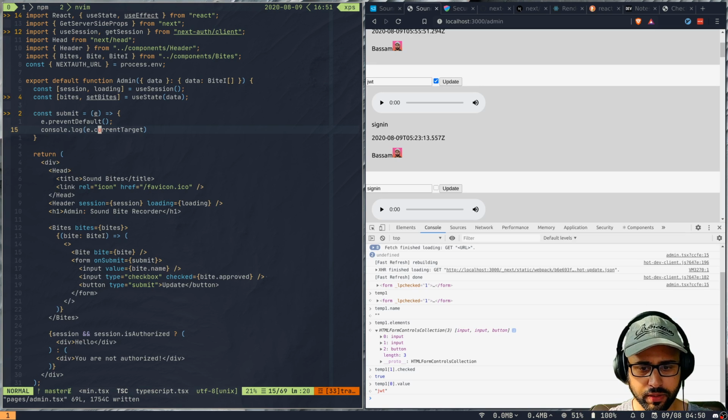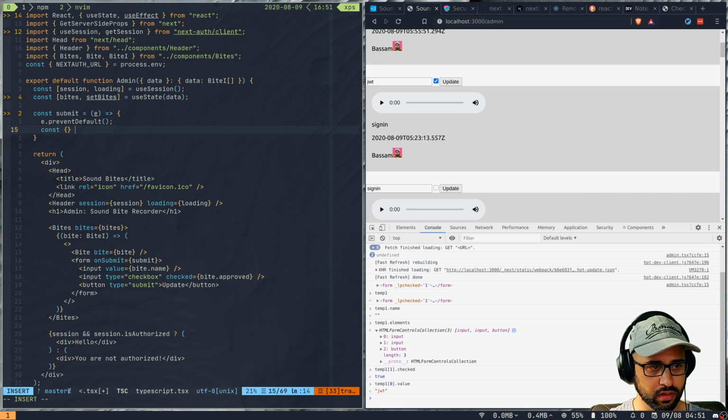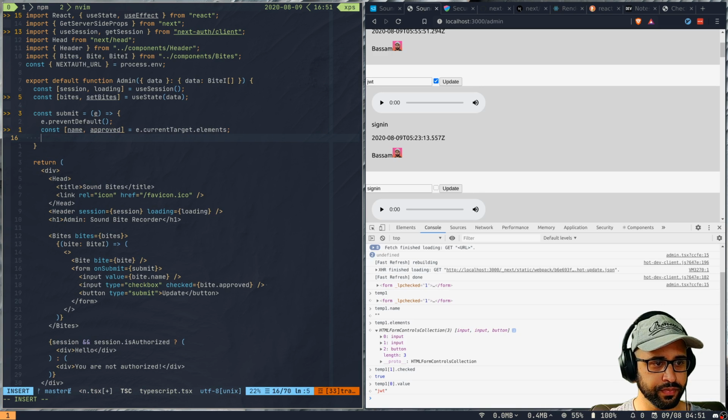So let's pull in the values. Let's do current element, and then let's save it here. We'll do e.currentTarget.elements, and from this we'll get the first one would be the name, and the second would be the approved, right? And then these are just the elements. So what we want to do then is